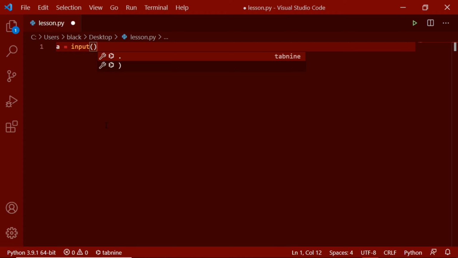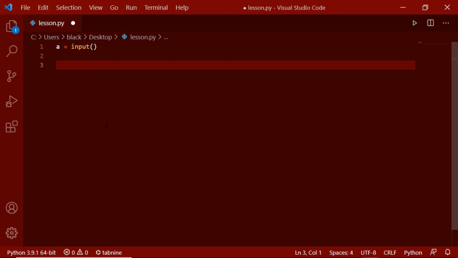After that, I will display to the user the same thing that the user entered, using the print function. Actually, there is no point in doing this, but it is good for our practice. There are no quotation marks, it is displayed. And after this, I will be explaining some more advanced things.